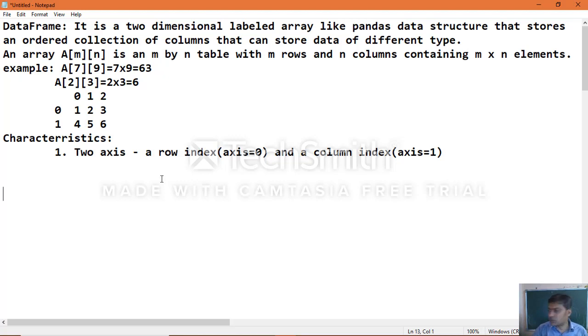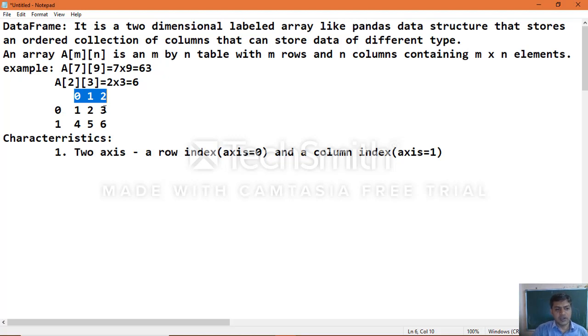So it holds two axes: a row index, axis equal to 0, that is rows, and a column index, axis equal to 1. Now in the example we have taken, an array of 2 into 3, so 6 elements, how is it going to store? You can see column names 0 1 2, and row labels 0 and 1, the total number of rows 2 and total number of columns 3.